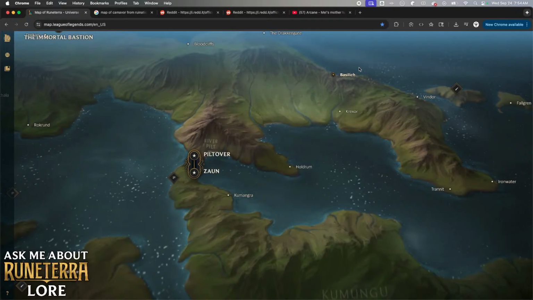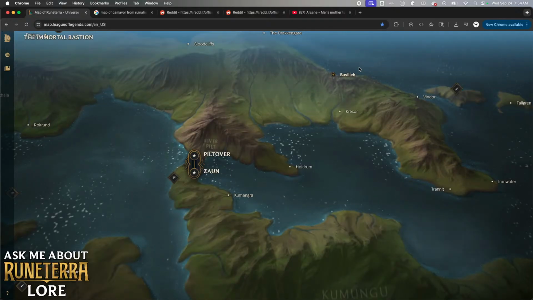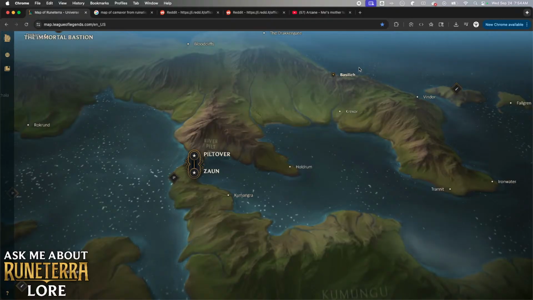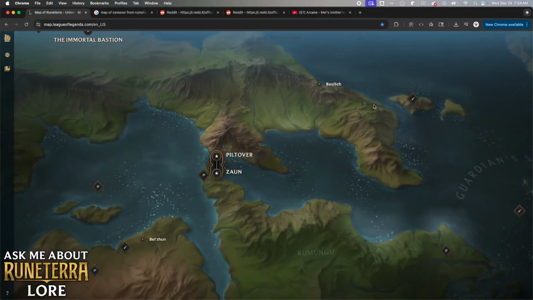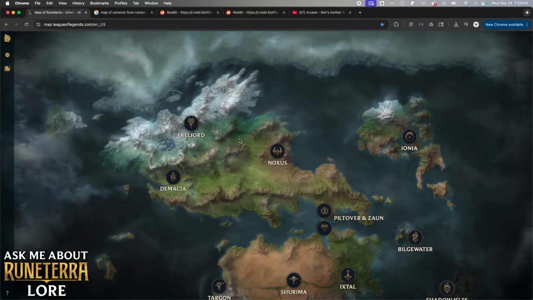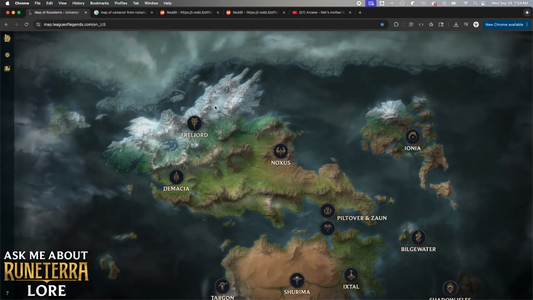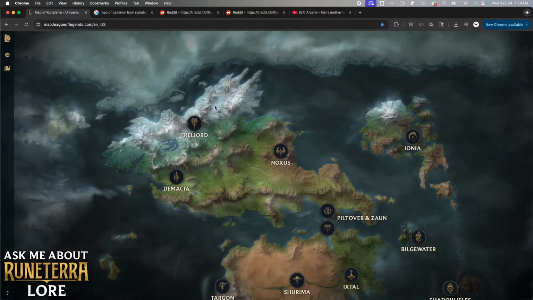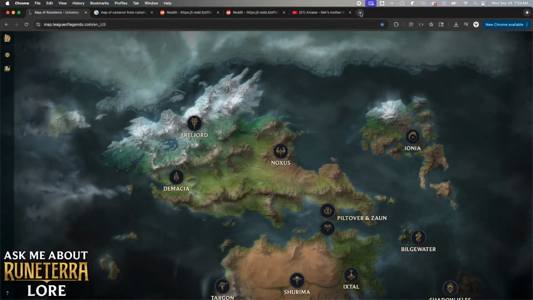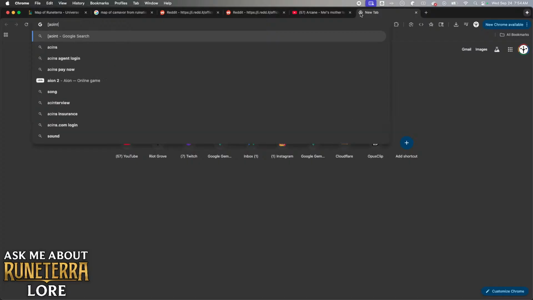Also on the Arctic cap above the Freljord, imagine if Shurima is just the middle desert area of the world, and there's a whole other southern hemisphere. Yeah, I think about that a lot, but the thing is that it's always cold up here. Like the snow never melts, so it could be that Runeterra just doesn't have the same axis as Earth, right? It's more tilted. Like, where